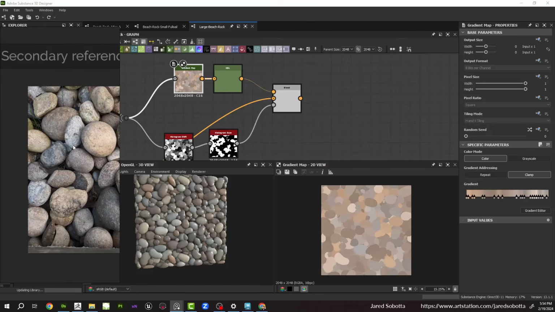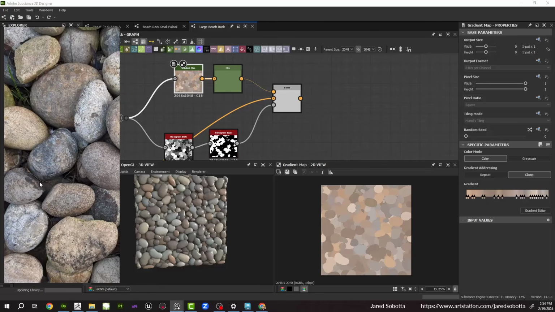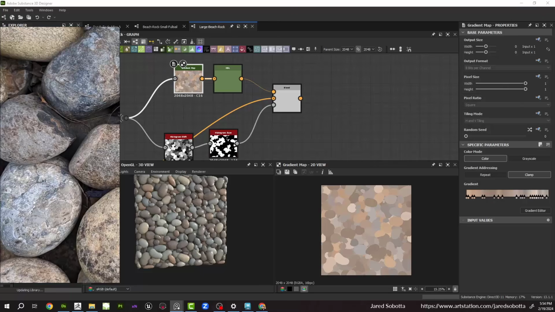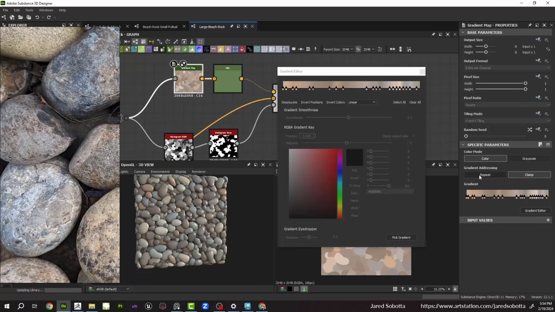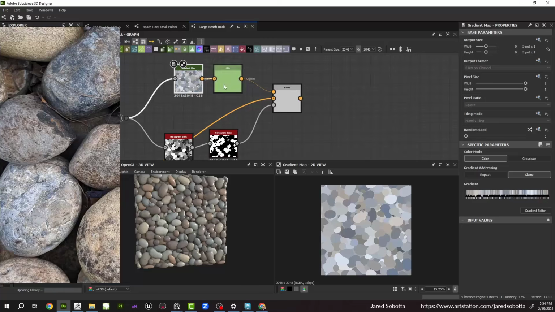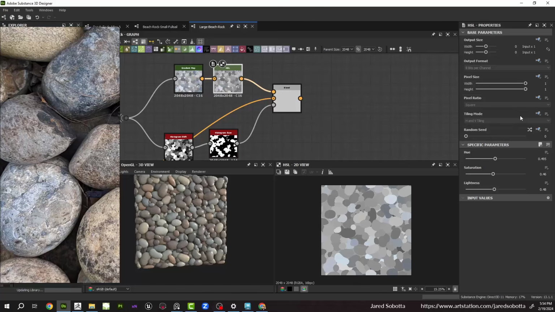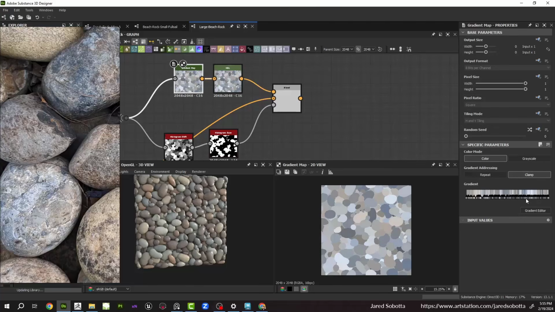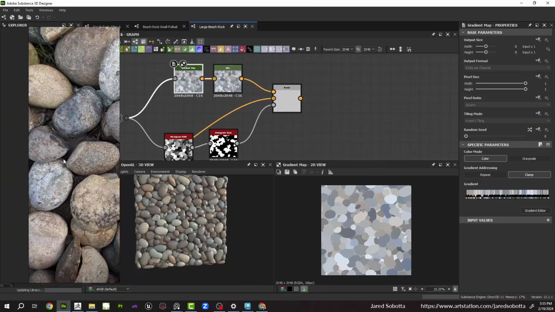Let's use maybe the secondary ref. Maybe we use this rock. I kind of like that. So let's do a gradient editor. Let's just do that. Love it. This looks great. So with that HSL, we can adjust or change it however we want. I'm just going to do 0.5, 0.5, 0.5. There might be a dark value I don't like in there, so you can always try to go in there and find it. I'm not going to spend too much time on it